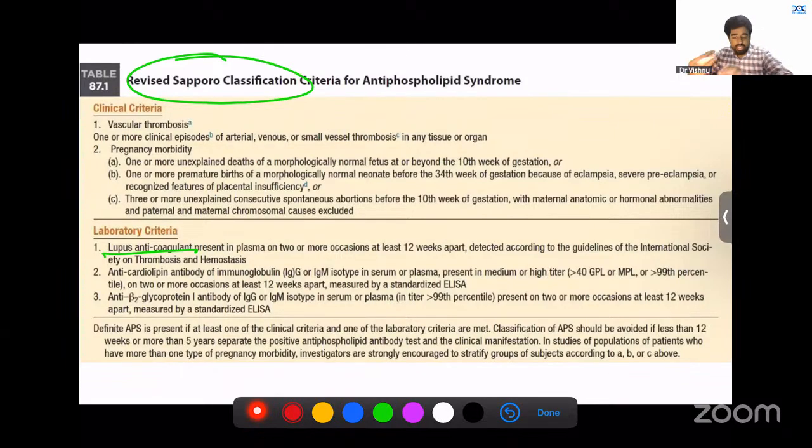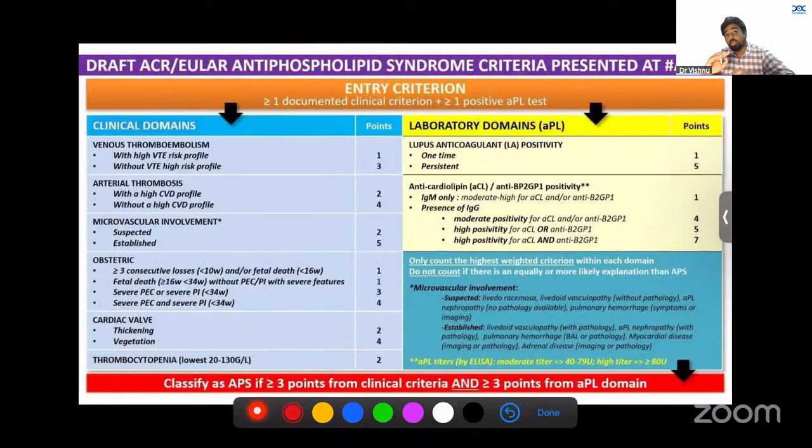This is something that has been asked before. It is asked very frequently in rheumatology, of course, but in your general medicine also, it can be asked. Then there is also the 2022 ACR/EULAR classification criteria that has come up for APS. This has been asked 2 to 3 times in the last 2 to 3 papers itself. I think every time they're asking this question. In your specialty rheumatology, till now in your general medicine for INI-CET, it has not been asked, but I'm putting it out there because there is a little far-fetched possibility that this can be asked.